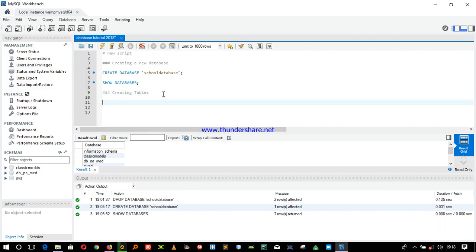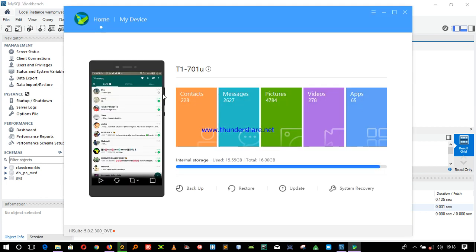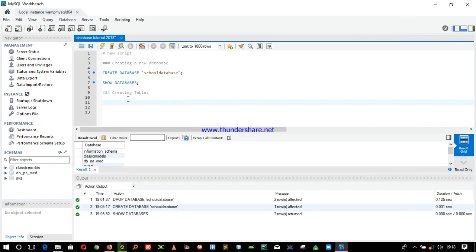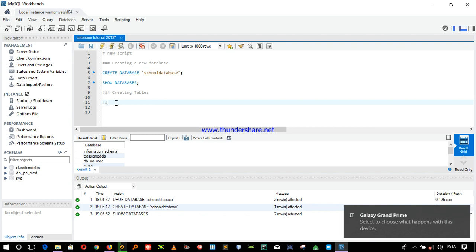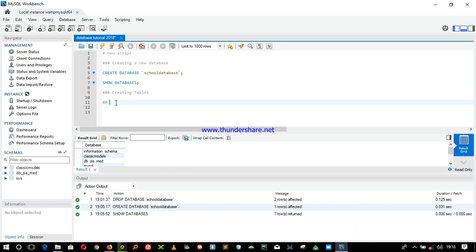let's continue. Right, remember in our last class we had an ERD showing 4 entities, which were the student, the staff, the department, and the course.